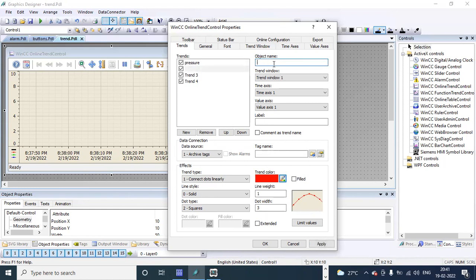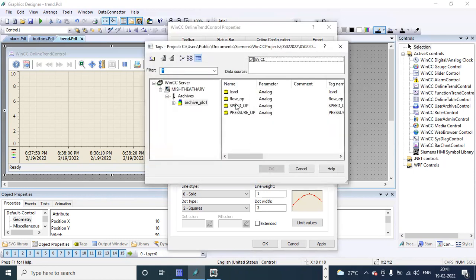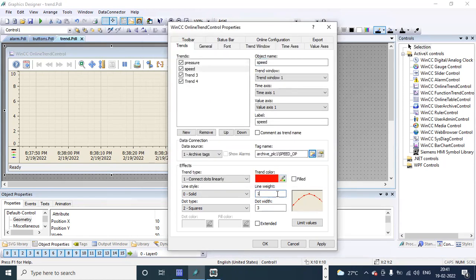Now I go for the next one. What's the next one? Speed. Tag name, speed output. Also increase the line weight. Similarly for the others.